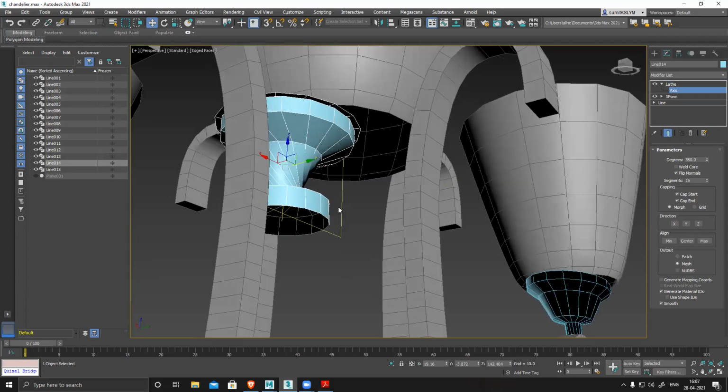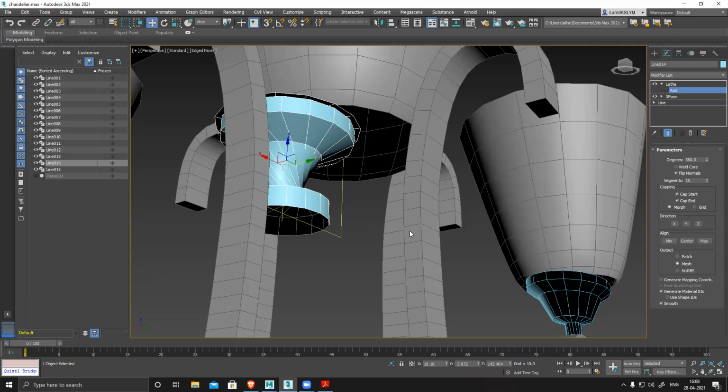Basically why it happens is there are some extra nodes connected to this thing. Maybe you modified it and then went back to some other thing and came back, and something broken is there. To reset that you have to apply this reset X form. It basically resets anything unwanted, any history or any scale node or any rotation node attached to it. There's no function to it, but it's still attached to it. That's why, just to reset it, make sure you apply a reset X form, then on top of it apply all your modifiers. It will work perfectly.